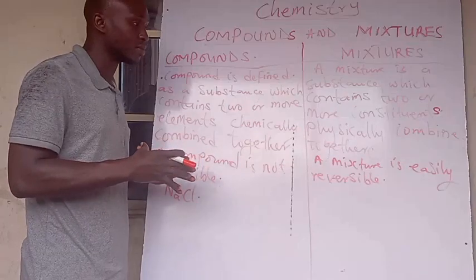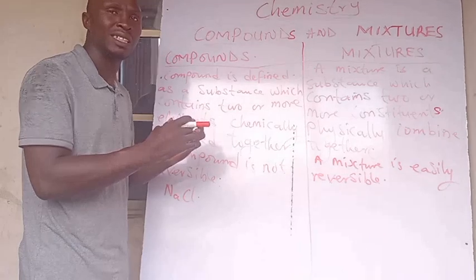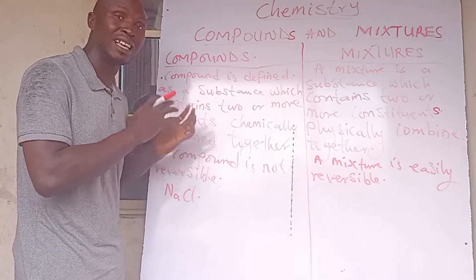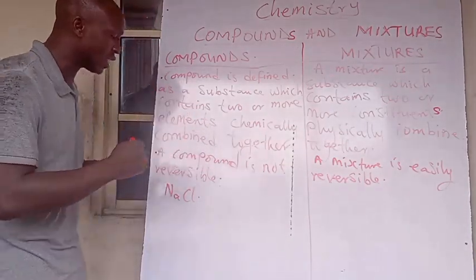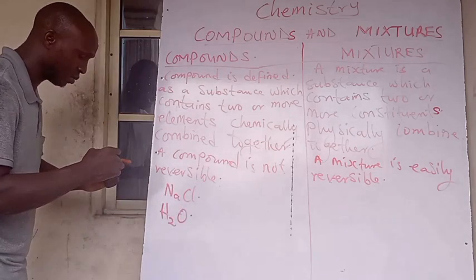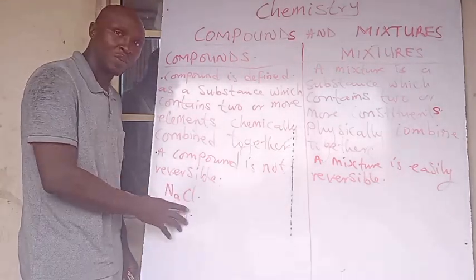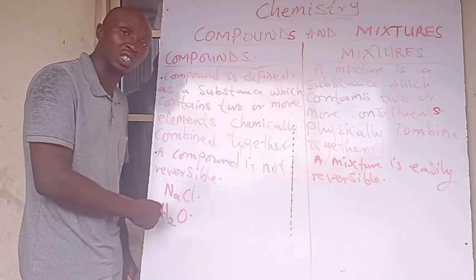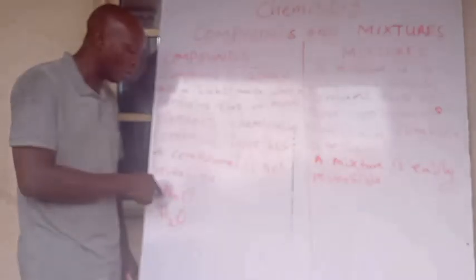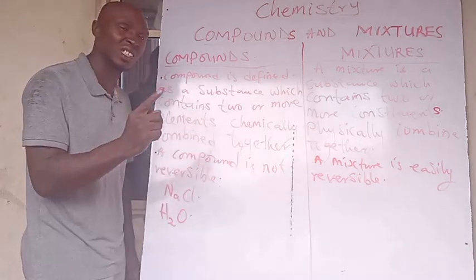So you see that there's a great difference between a mixture and a compound. A compound is irreversible. Look at water, H2O. You find that the characteristics of this water is no longer the characteristics of hydrogen, neither is it the characteristics of oxygen. The characteristics of sodium chloride is no longer the characteristics of sodium, neither is it the characteristics of